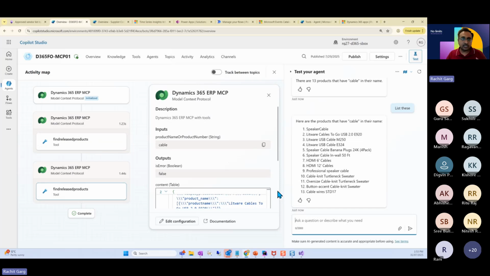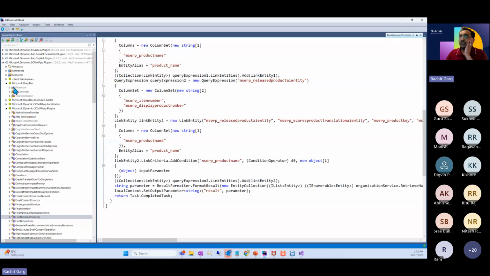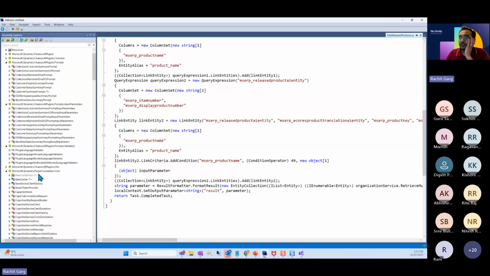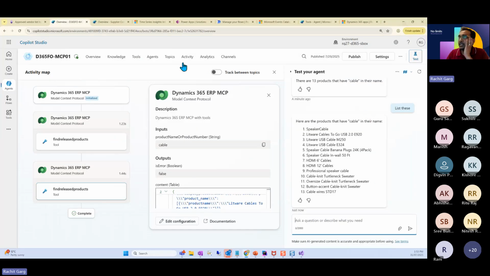I went ahead and downloaded these plugins and decompiled them. So there are all these DLL files, which we can now see how Microsoft has done it, and I have exported them so I can see how it is working. But basically, it's calling Dataverse APIs under the hood.